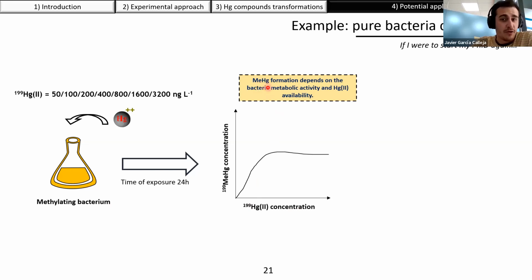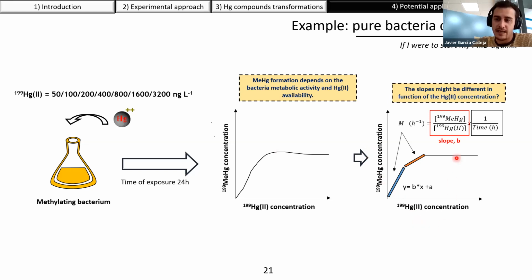Why? The methyl mercury formation depends on the bacterial metabolic activity and the inorganic mercury availability. So we are increasing the concentration of inorganic mercury, but at one point, it doesn't matter how much inorganic mercury you add, you would have the same production of methyl mercury. Maybe in some cases you can have a suppression. But what is important is that maybe, depending on the inorganic mercury concentration, you can have two different